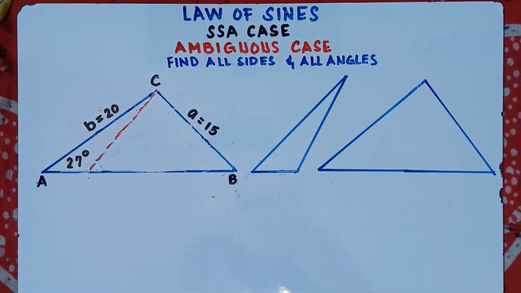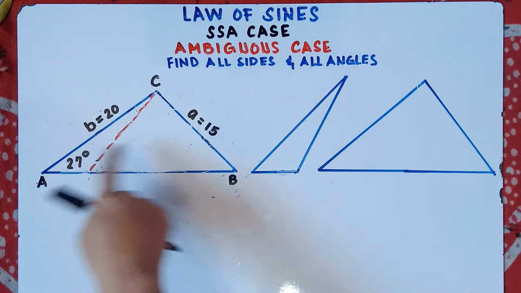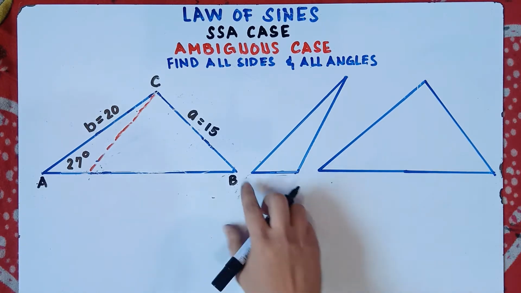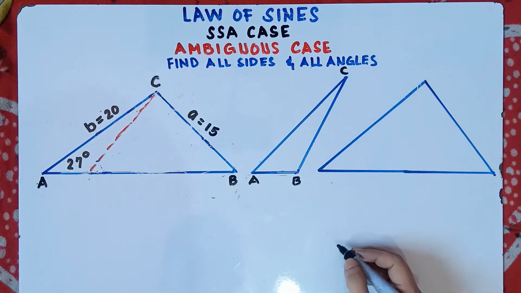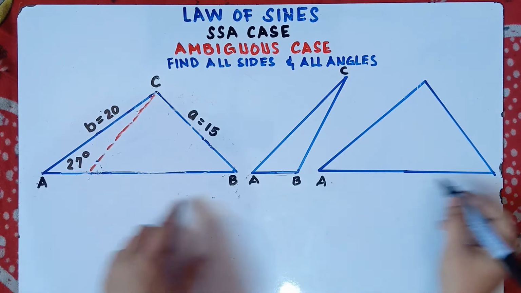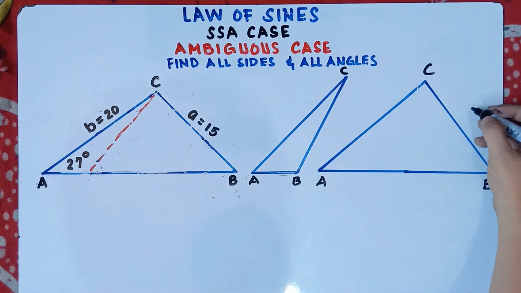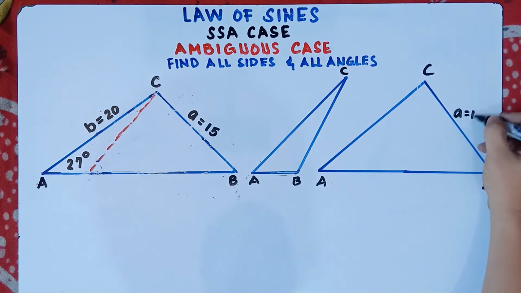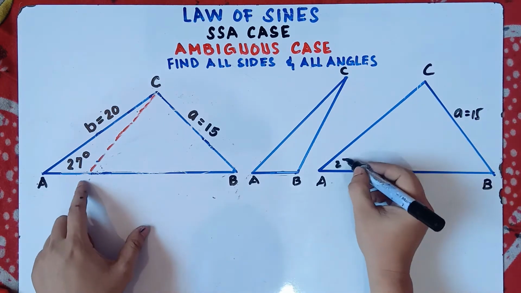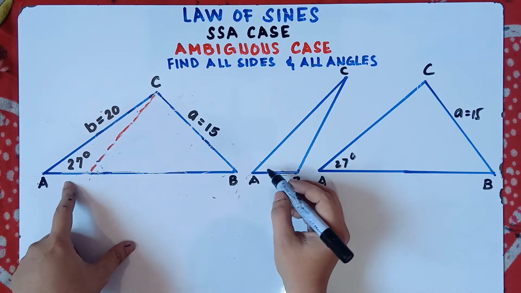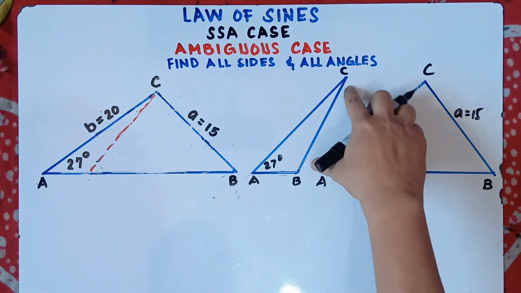Alright, so I just separated the two triangles. So this will be the small triangle and the original triangle that we had. So, once again, let me just label this. This is A, and this will be B, and this will be C. So, original triangle A, then this is B, and this is C. Of course, this is 15. So, this is 15 for A. Opposite of this angle A, that is 15, and this angle A is 27 degrees. And this is also 27 degrees for the small triangle. This is 27 degrees, and this will be 15, right?